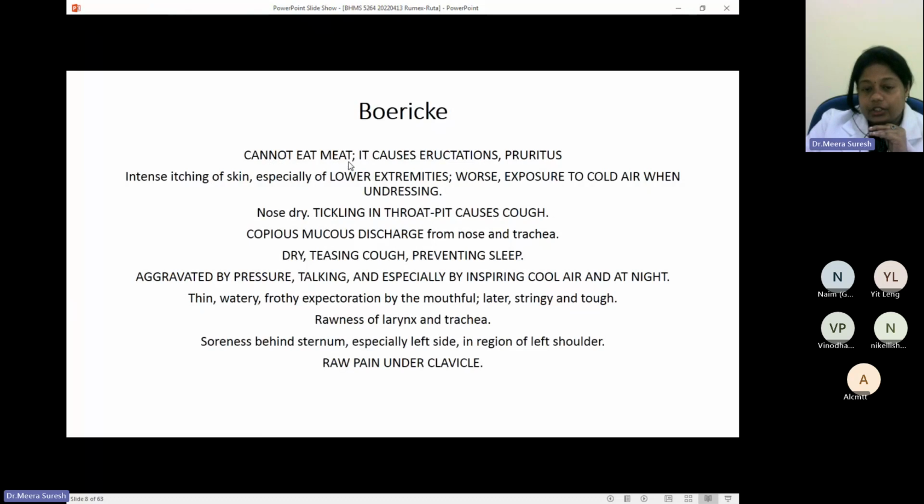They cannot eat meat, it causes irritations and pruritus. And when we say this symptom, you can differentiate this symptom with pulsatilla also. Even pulsatilla has that meat or fatty food aggravation. But then what would be the difference? Can you tell me how you can make a comparison between